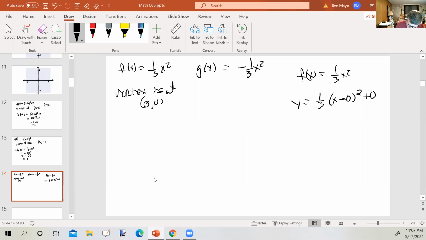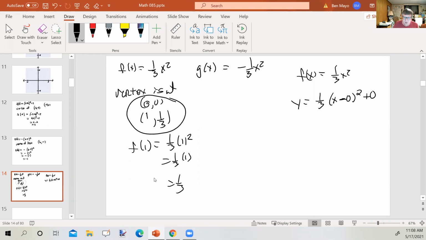So let's go to the right. Let's let x equal 1. What would f of 1 equal? It would be 1/3 times 1 squared, which is 1/3 times 1, which is 1/3. And I did all of that because I wanted to get fractions. Okay, so I want to graph these 2 points. Let's go back to